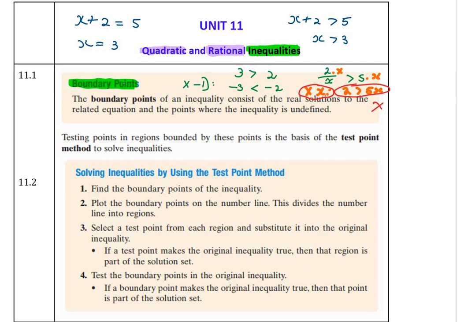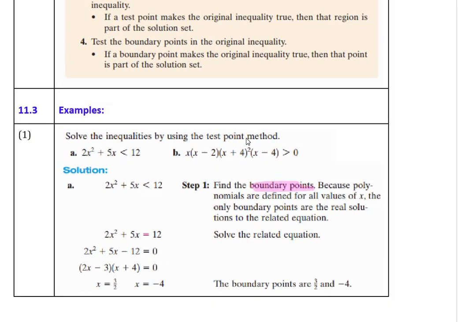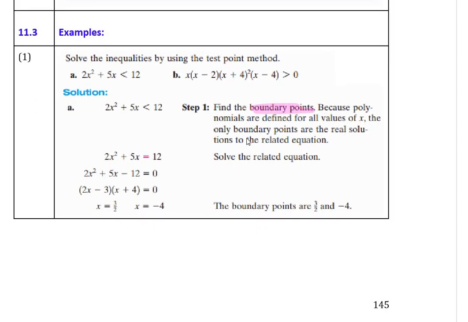Okay, I'm just going to move on here so that I can start with an example. I'll explain all the other things at the top there, the boundary points and so on, afterwards. So if we look at this number A, this is now a quadratic